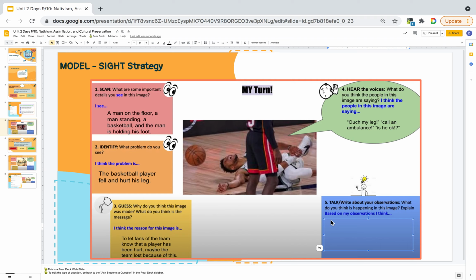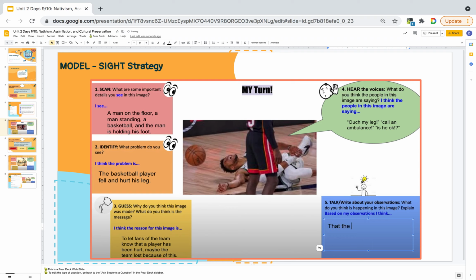And finally, we want to take all the details that we've gathered and be able to write down information about our observations before we talk to our peers and share out our ideas. So, what do you think is happening in this image? Explain. Based on my observations, I think